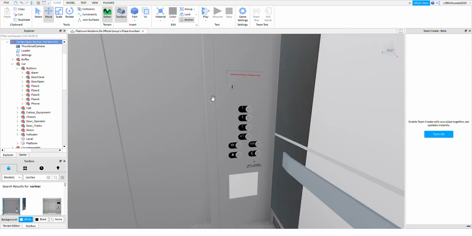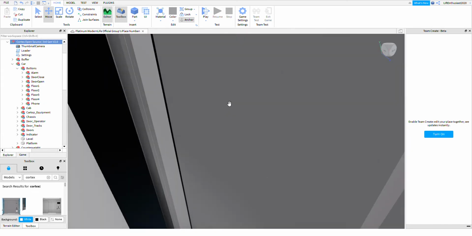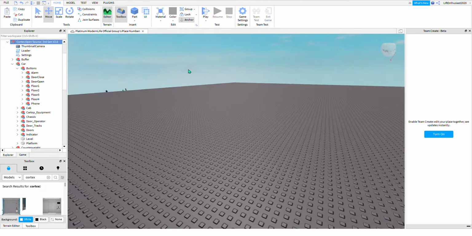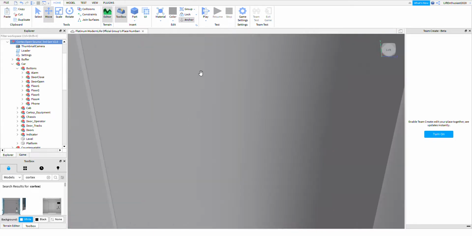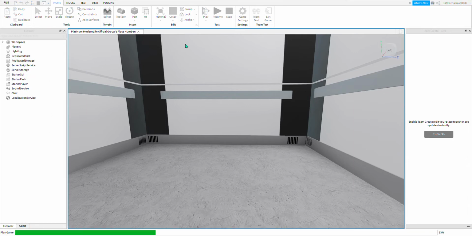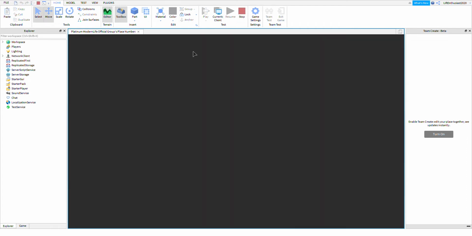And now it is time to test. If the buttons are a bit off center, it doesn't matter, but you can center them anyway. Now we're going to test this lift, so we're going to make sure it works. So here we go. 3, 2, 1. Let's hope it works. I don't see any reason why it won't work, but I'm sure it will. Anyway, it's loading slowly. It says it's not responding, but it is responding, because you can see there, it's just loaded.